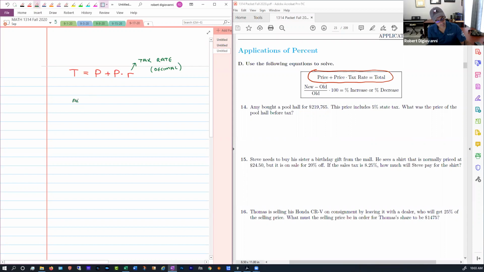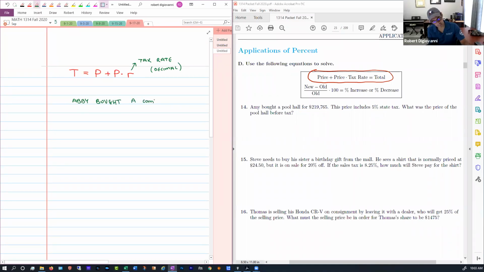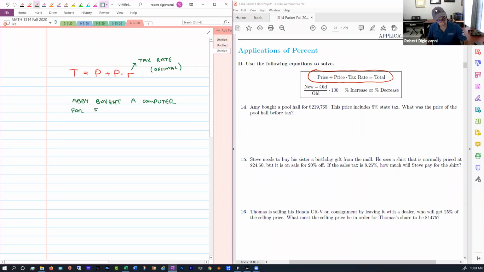So Abby bought the computer for $301. The tax rate, so I'm going to assume that Abby paid tax on this. The tax rate